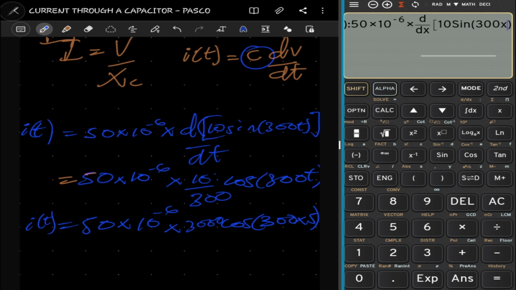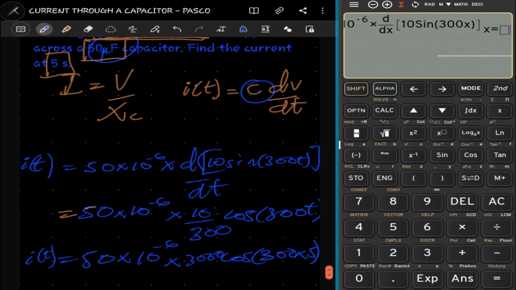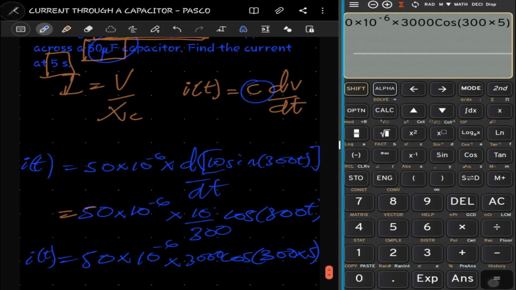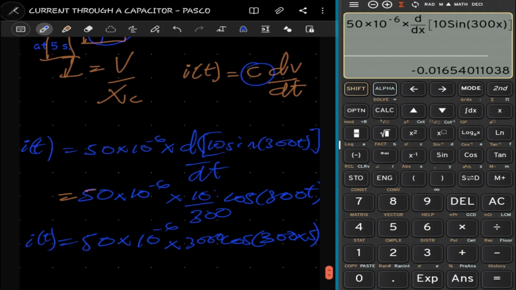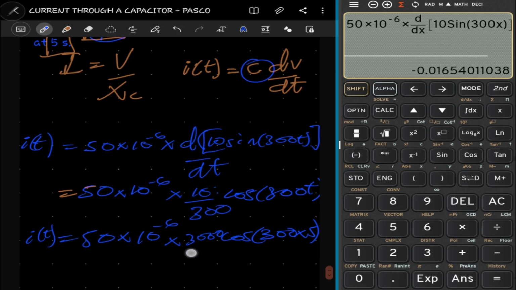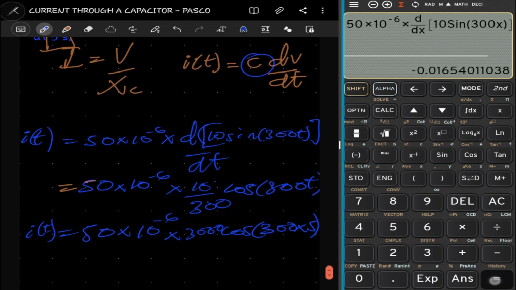x, right? And then we are finding it when the time is 5 seconds, right? 5. So let's see this and then this. So yeah, we are getting the same thing. So confirm it, because the derivative should be 3000. So yeah, the current that we will get from this